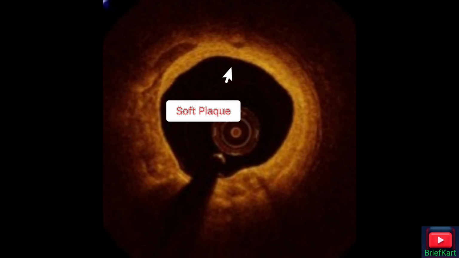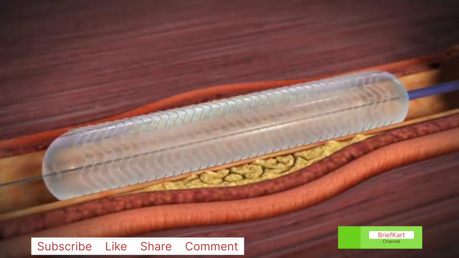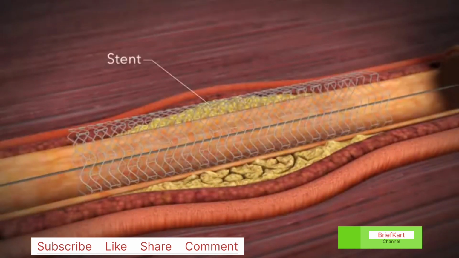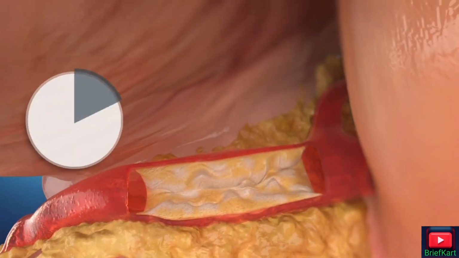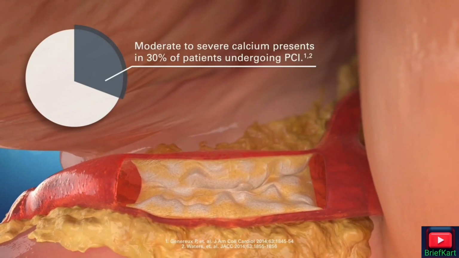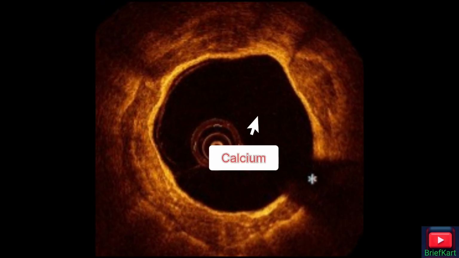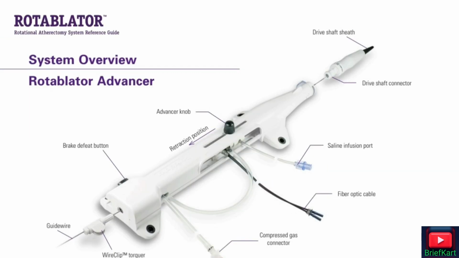If the plaque is soft enough, it can be easily treated by standard angioplasty. But when the plaque is too hard to be pushed aside by angioplasty, the drill comes into play. The buildup over a prolonged period of time can cause the plaque to become extremely rigid and hard, called calcium. To work out this problem, medical researchers created a small device known as the rotablator, and the procedure is known as